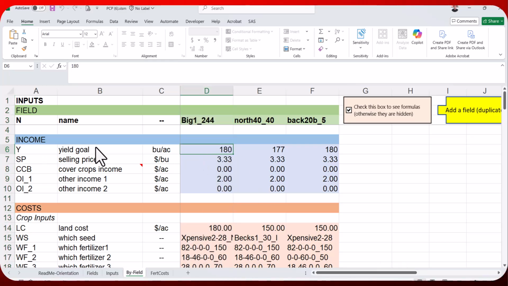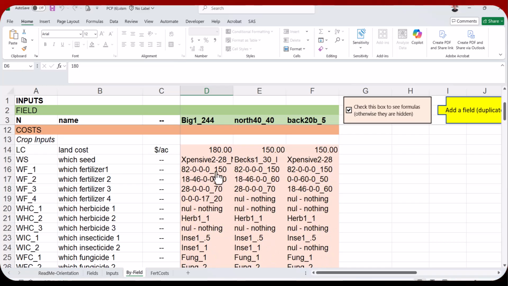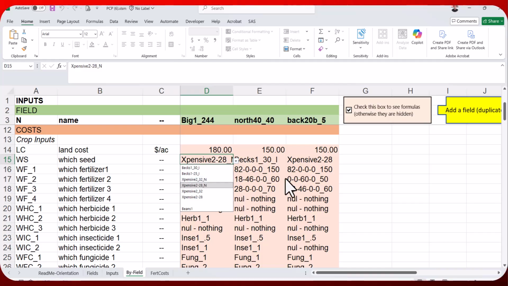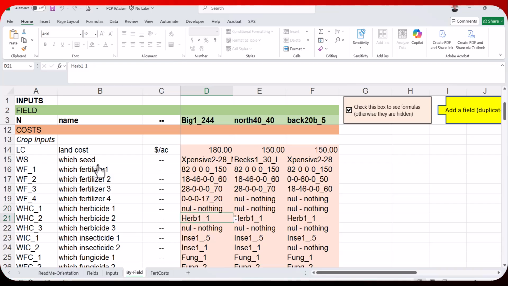So you describe, in this case, there are sections on the inputs, which are the name of the field, lots of things about the income aspects. There are many things about the cost aspects. Won't go through each one of them, but I will point out that in most cases, there's data validation that draws from the fields list, the inputs lists. So you first populate those background tables,